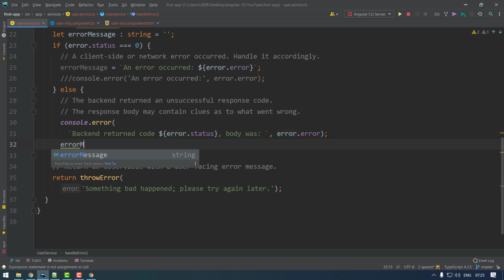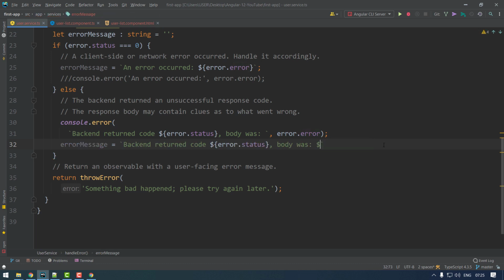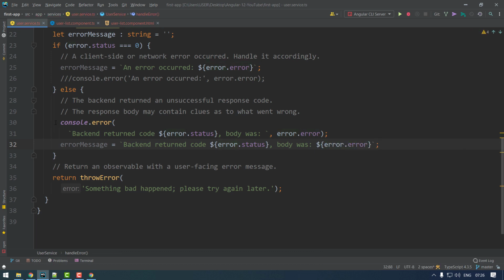is equal to, I'll just take up the complete thing, no comma, let's take error.error. Okay, so you may comment this console.log if not required. I think I should comment the whole thing. Okay, so errorMessage I have taken to here, and then you can keep the console.log on, and finally you have to throw the error, right?